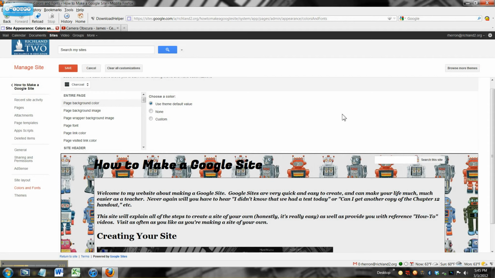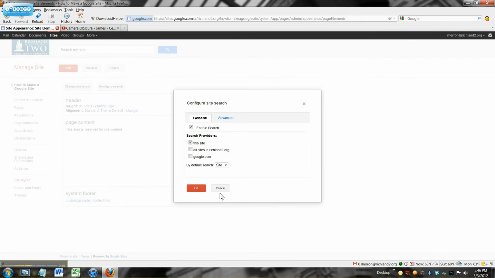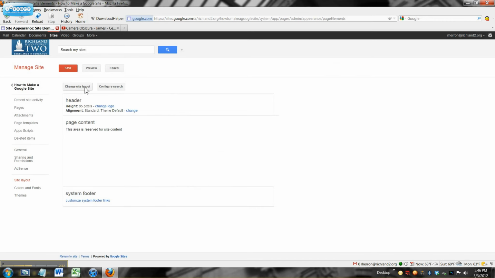So if you want to really customize your site, you don't want to use one of the preset themes, this is where you would go right here, Colors and Fonts. Also, Site Layout is where you go to change a lot of things about your site. If you hit Change Site Layout,